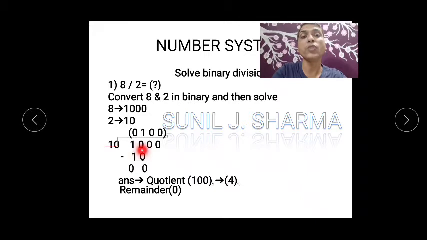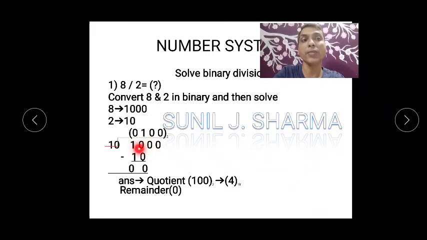Now when we take these 2 digits, this becomes, don't read it as 10, this is nothing but in binary 2. So that's why I have written the quotient as 1, and this has to be subtracted. So 0 minus 0 is 0, 1 minus 1 is 0, and the rest I have padded with 0, because if we write this 0 here, we have to again write 0 here. So can you see the quotient is 4 and the remainder is 0. So see that you should write both the things, what is the quotient and what is the remainder.